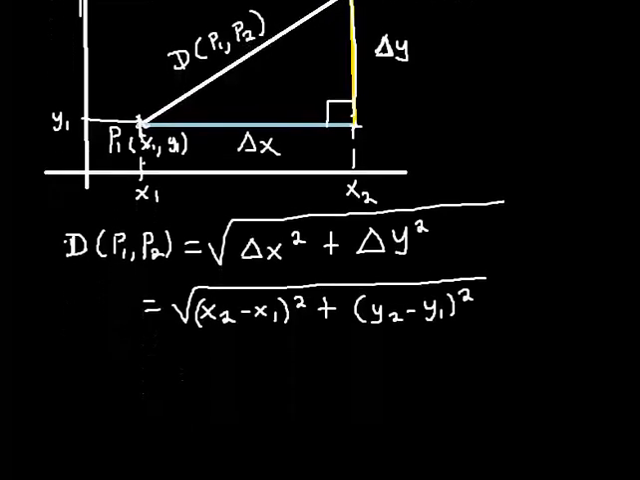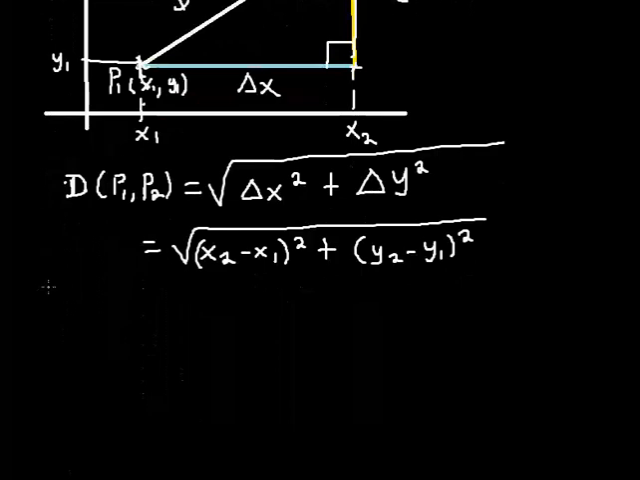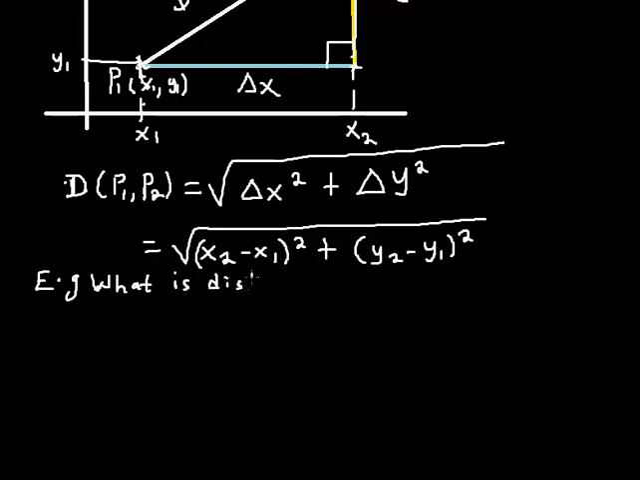This is how I get the distance joining 2 points in a Cartesian coordinate. For example, let's say you're being asked what is the distance of the line joining